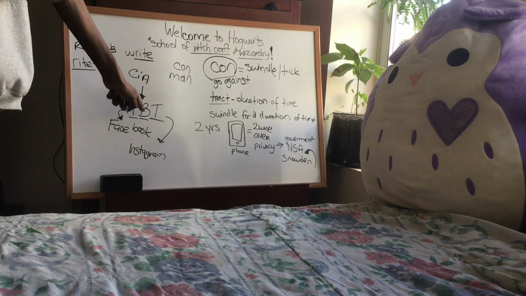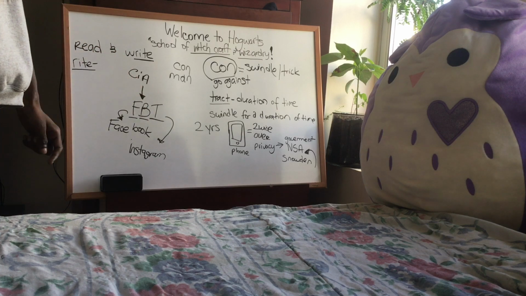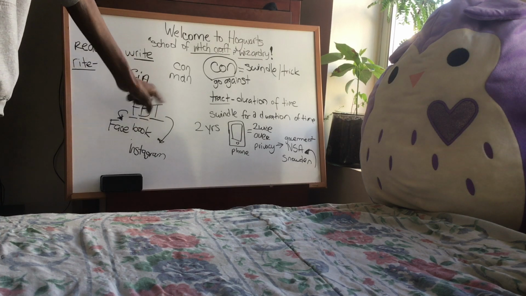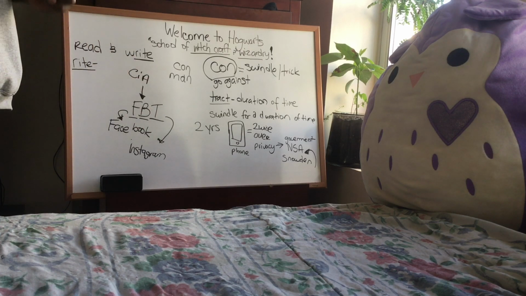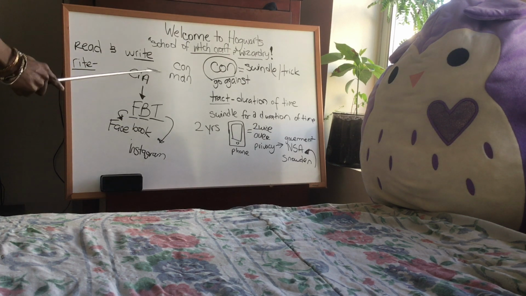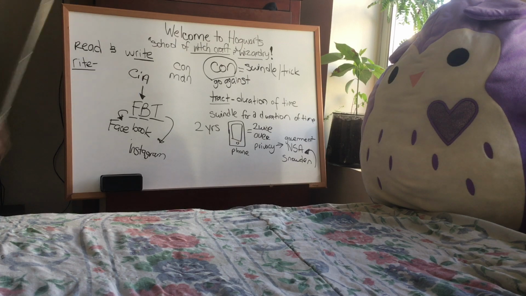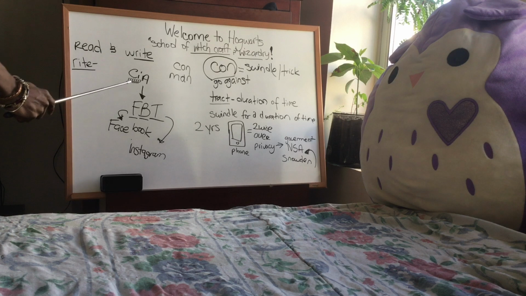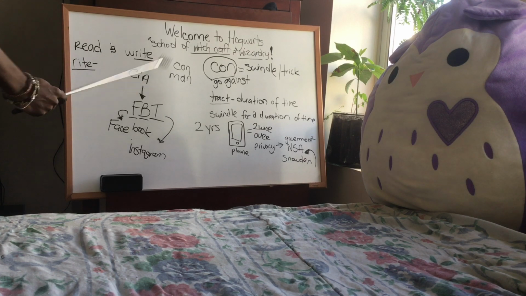FBI stands for Federal Bureau of Investigation. Now all those investigations, once they're investigated, they become intelligence, right? And then who's in charge of intelligence? CIA, which stands for Central Intelligence Agency. Or it stands for counter-intelligence agency, because they're really against you learning. So they really stand for counter-intelligence authority.